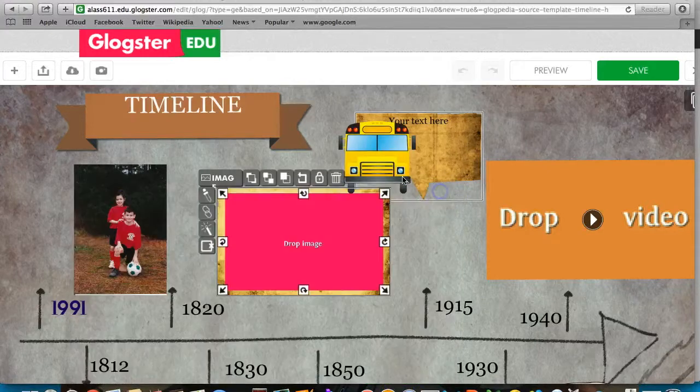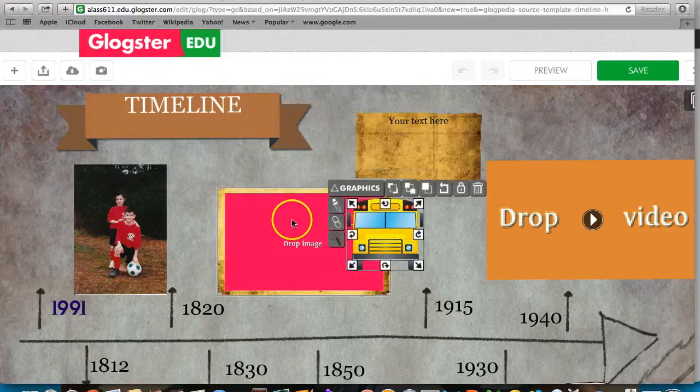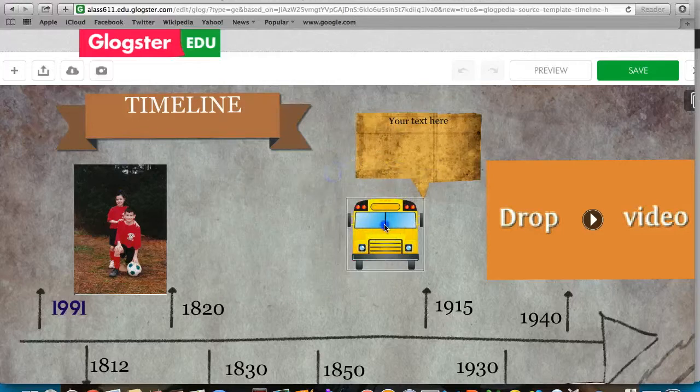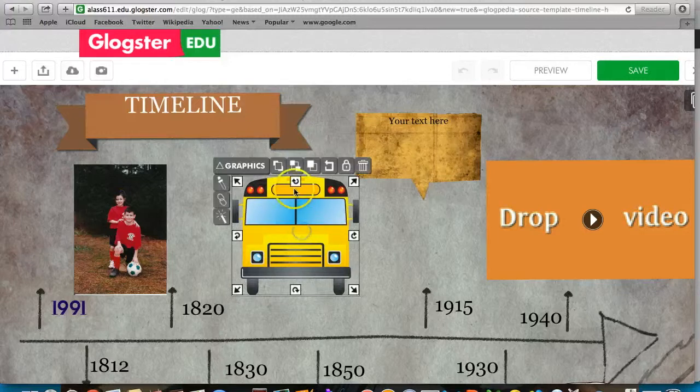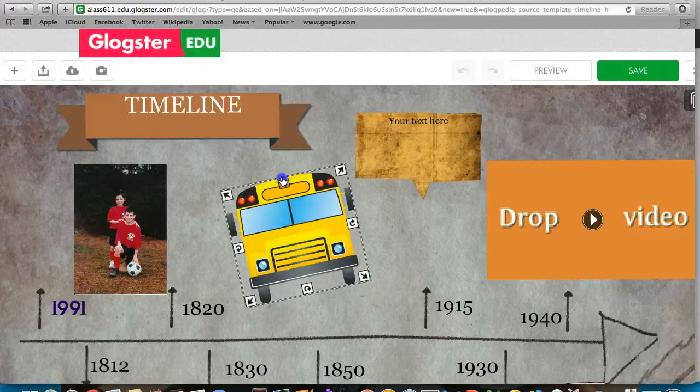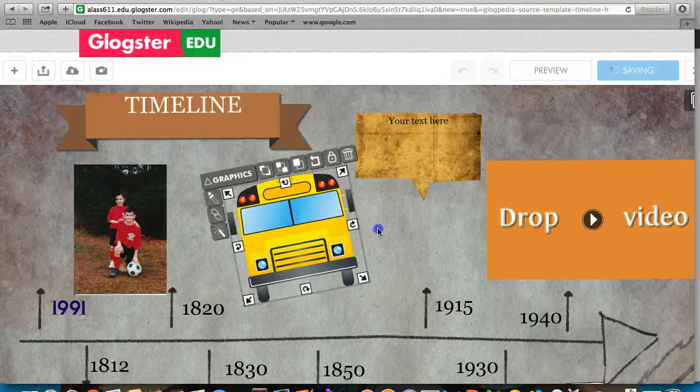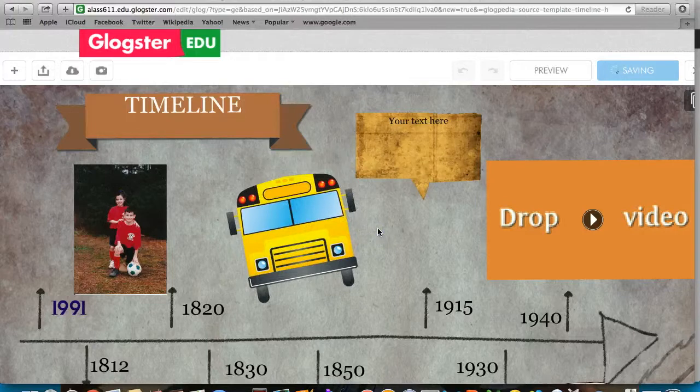Oh, there we go. Alright, so maybe I don't want this image. I'm going to delete it. Put in a school bus. I can tilt it. And voila. This is how you edit your poster, make it look like you want it